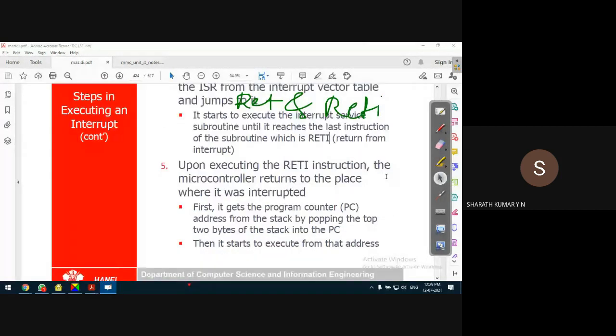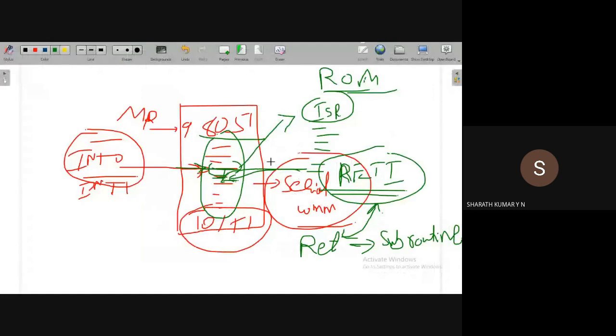On execution of the RETI instruction, the microcontroller returns to the place where it was interrupted. Let us say this is the fifth line of instruction execution when the microcontroller was interrupted. It will complete the execution of this fifth line and jump to the ISR of the corresponding interrupt.